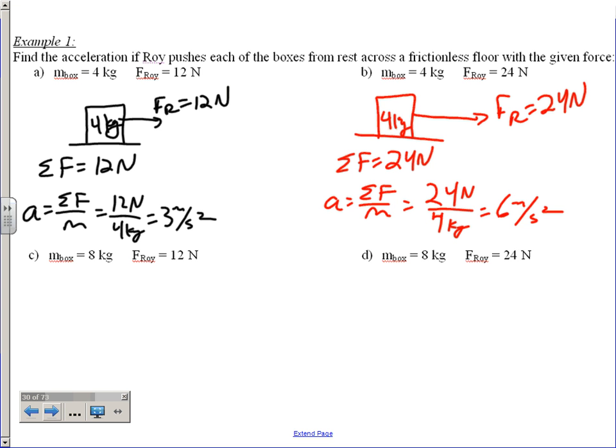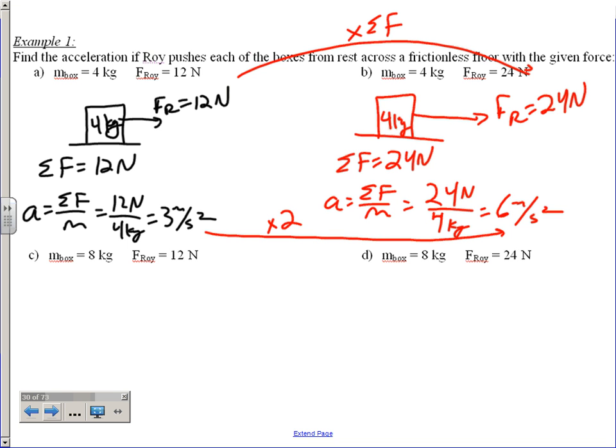Notice what happened here, you guys. We have, from here to here, twice as much net force, and as a result, we got twice as much acceleration. Oops. I wanted to write times 2 up here. Okay, so we got double the force, double the acceleration. You push it twice as hard, it moves twice as much. Okay? All right, in example C, we're going to go back to a force of 12 newtons, just like we